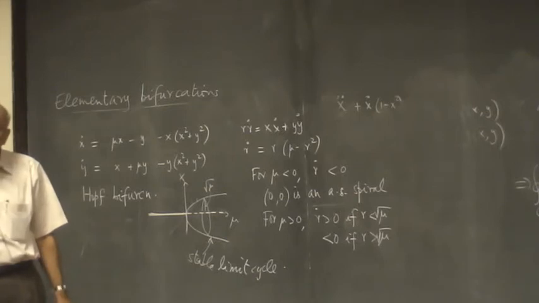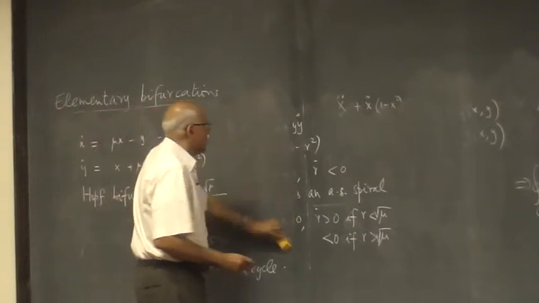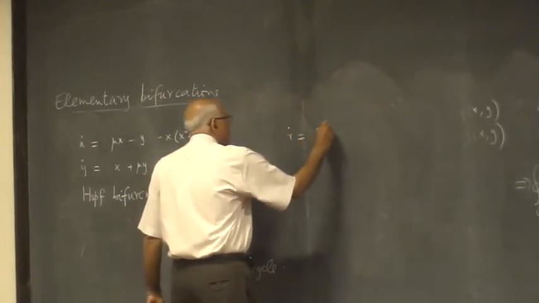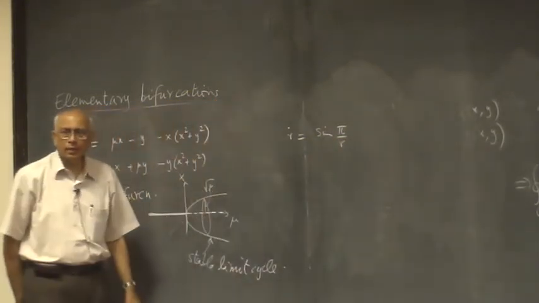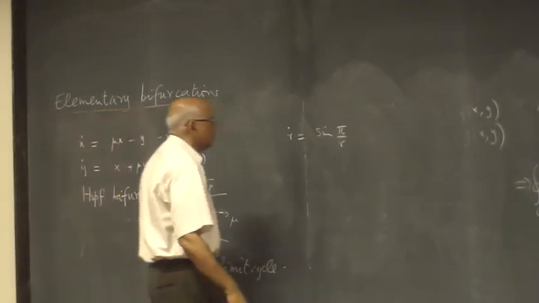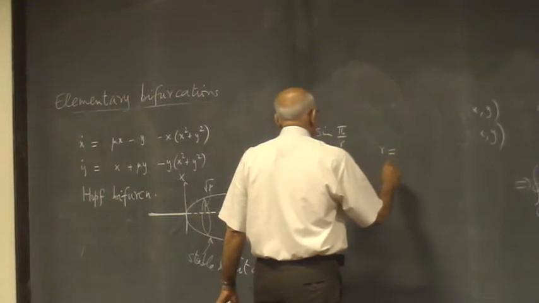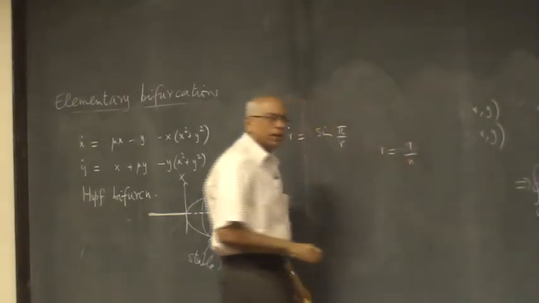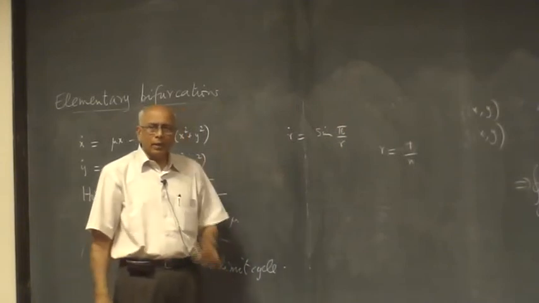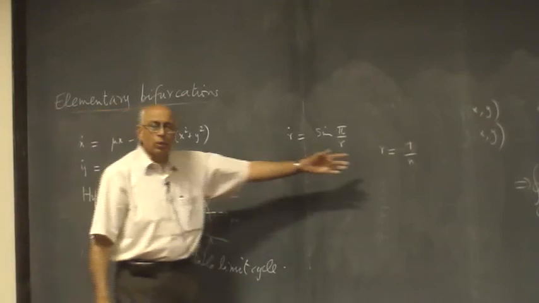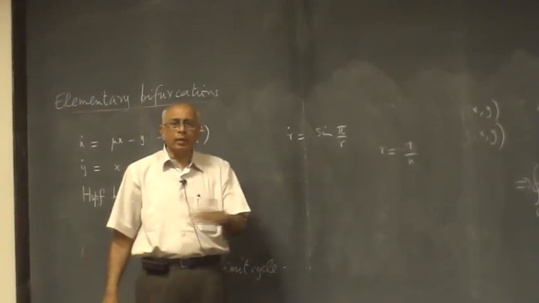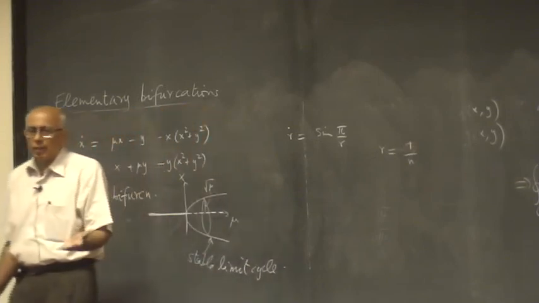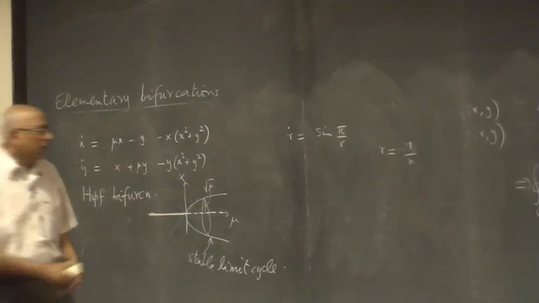How many limit cycles in the system can one have? Is there any particular bound? No. Look at this example, again sort of a hypothetical example. Look at r dot equal to sine of pi over r. It's clear that if r is equal to 1 over n, then r dot is 0 and if I adjust theta dot appropriately, it's going to be a circular limit cycle at the value 1 over n. And they will alternate in stability, as you can see by Taylor expanding this about the point r equal to 1 over n. The limit cycles will be stable, unstable alternately, and they have an accumulation point. So there's a limit cycle at n equal to 1,